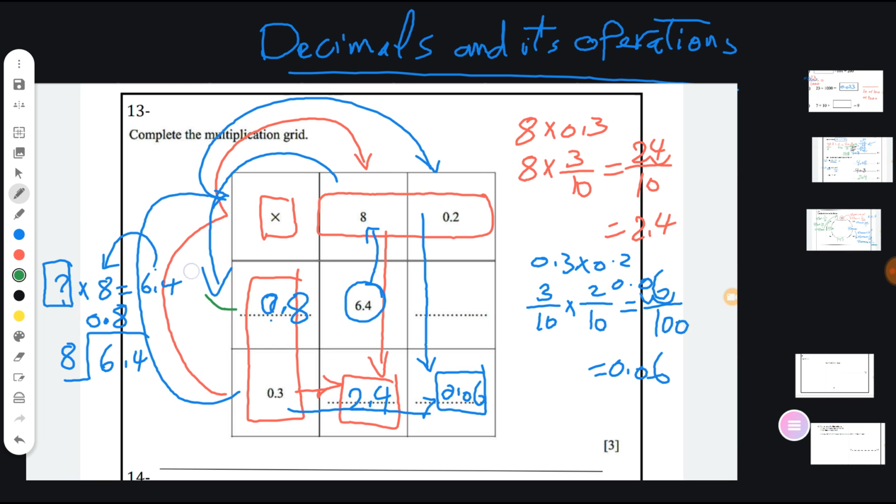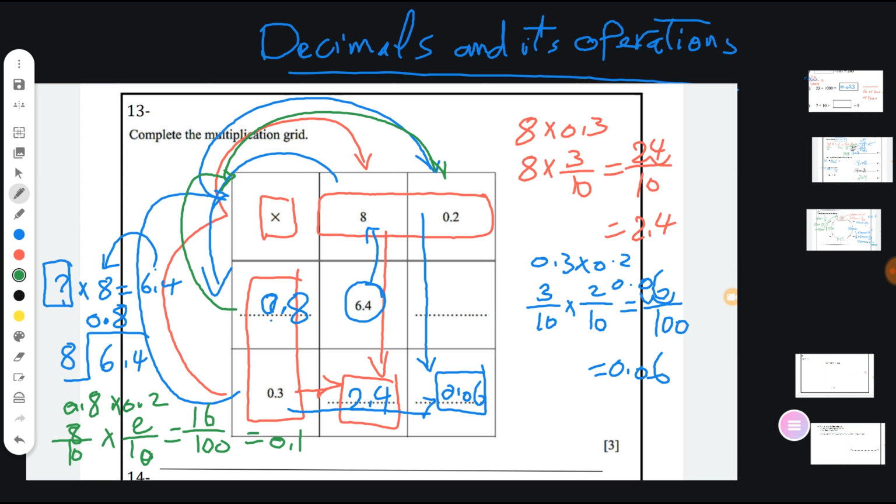Multiply 0.2. So 0.8 multiply 0.2 will be 8 over 10 multiply 2 over 10. 2 times 8, 16 over 10 times 10, 100. So it will be 0.16, so 0.16. Okay,